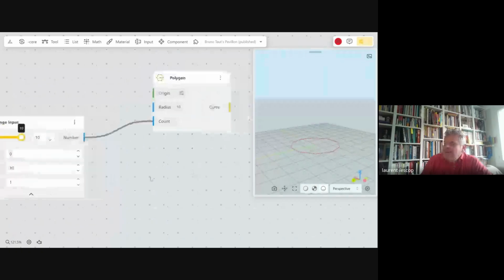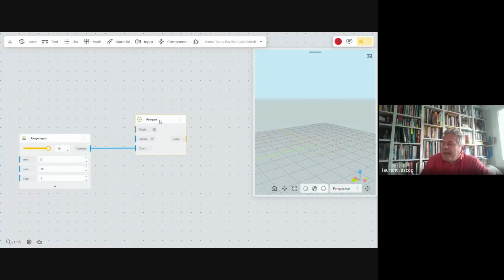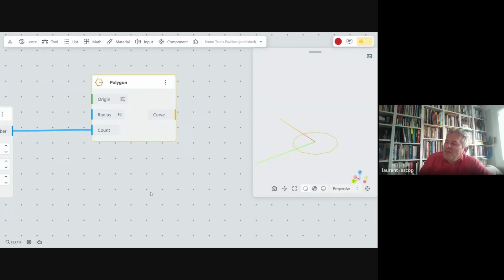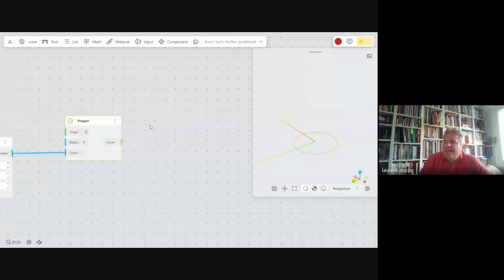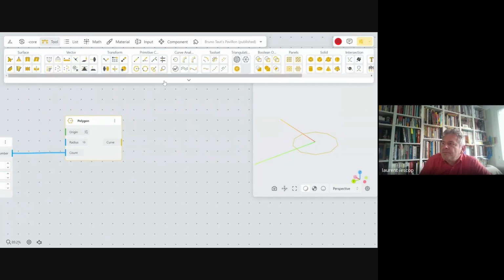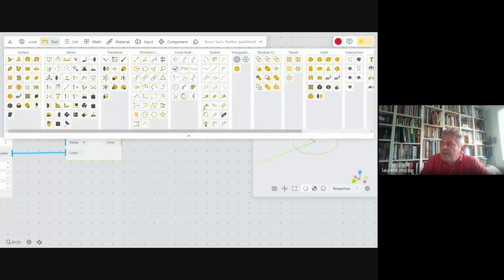10. Okay. From that, the idea, which is quite simple, is to have a triangle out of those lines. So what I can do is to explode here. I will explode the curves.